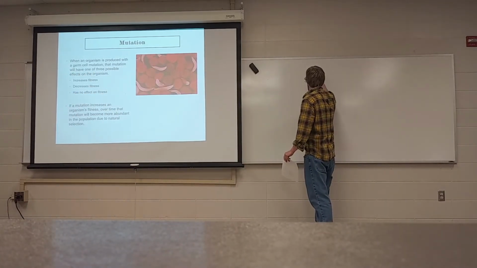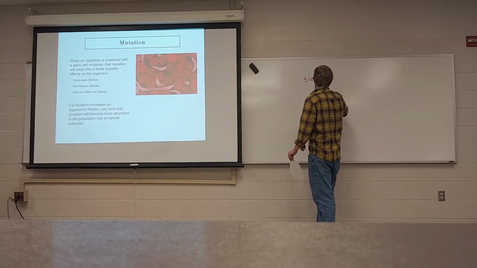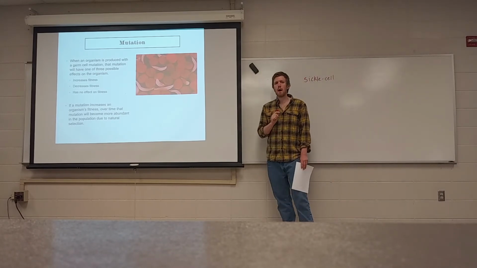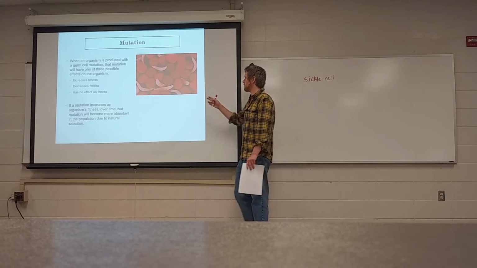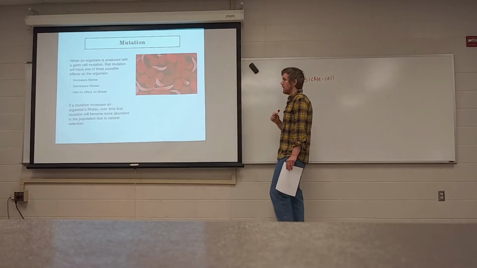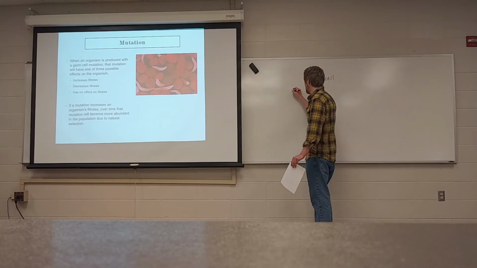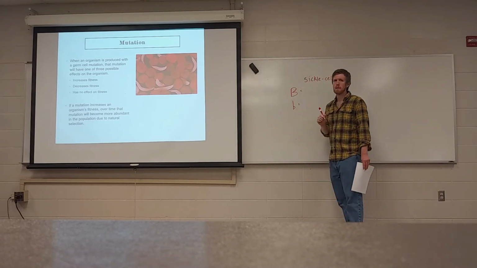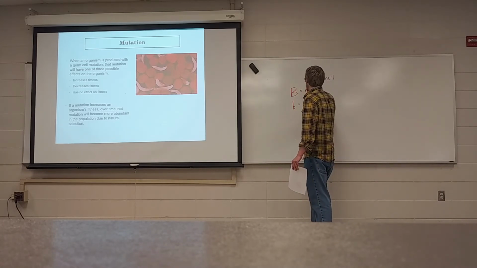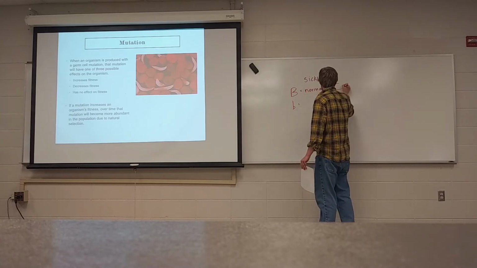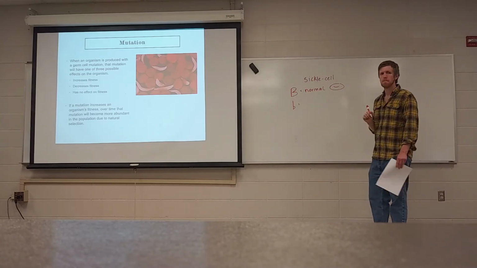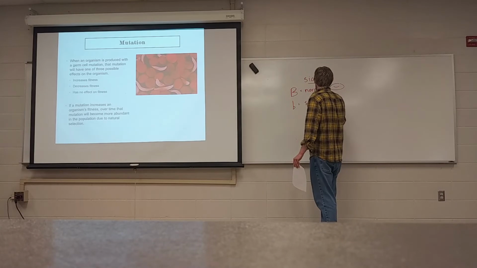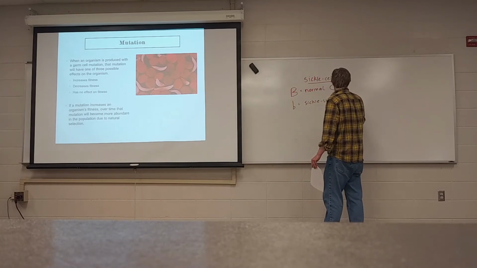So, sickle-shaped blood cells. You have two copies of the gene that codes for the shape of your blood cells. And there are two possible versions of this gene. We're going to represent those with the letter B. Capital B is going to represent the gene for having normal-shaped blood cells. Saucer-shaped like that. Lowercase b, we're going to have representing sickle-shaped blood cells. Kind of like that.